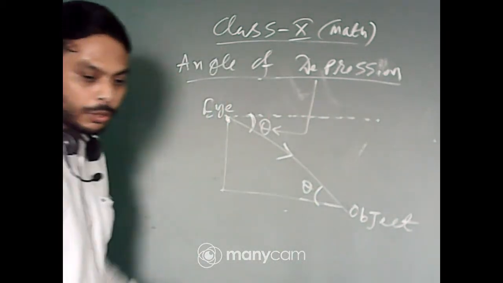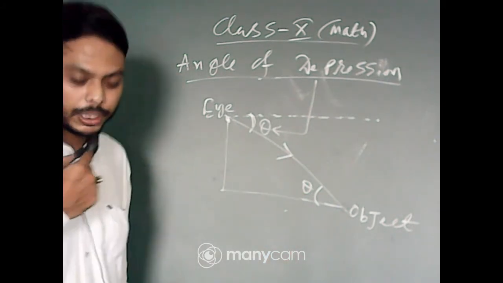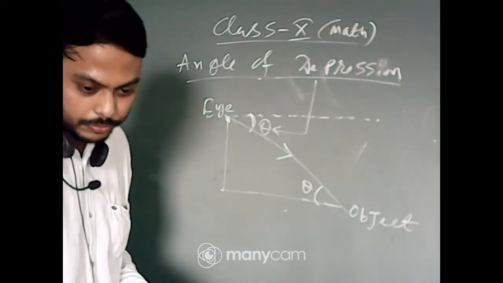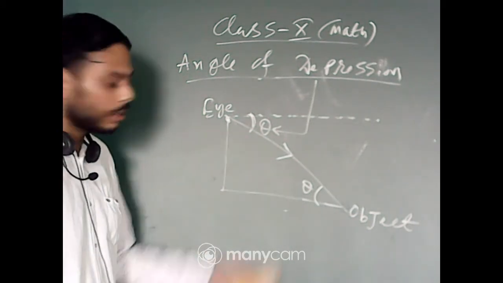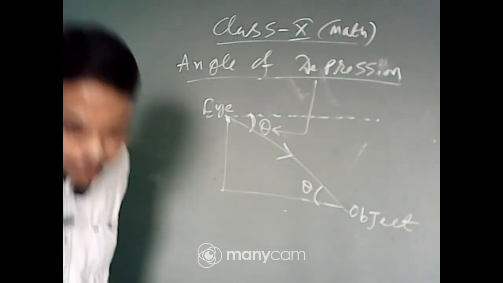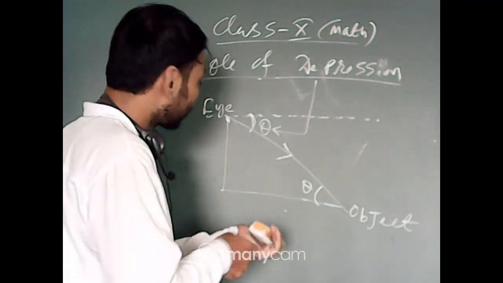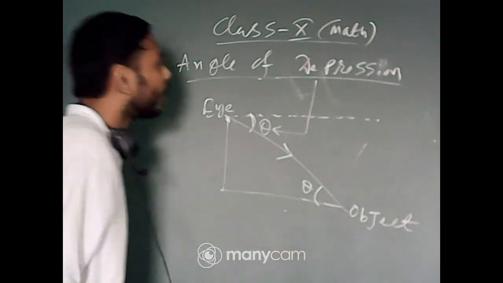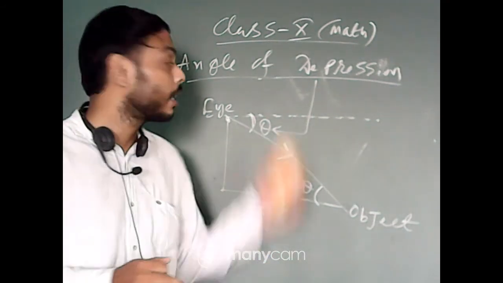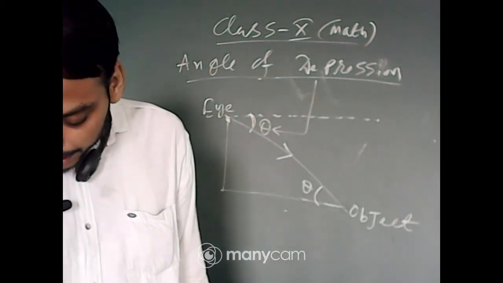Why is this angle equal to this angle? Tell me. Respond through message. Why are these two angles equal? Yes, alternate angle, interior alternate angles. Thank you for giving the response. So these two angles will be equal. So these are the basic two things, angle of elevation, the first case, and the other one is angle of depression. Now we'll move on to exercise number 9.1.